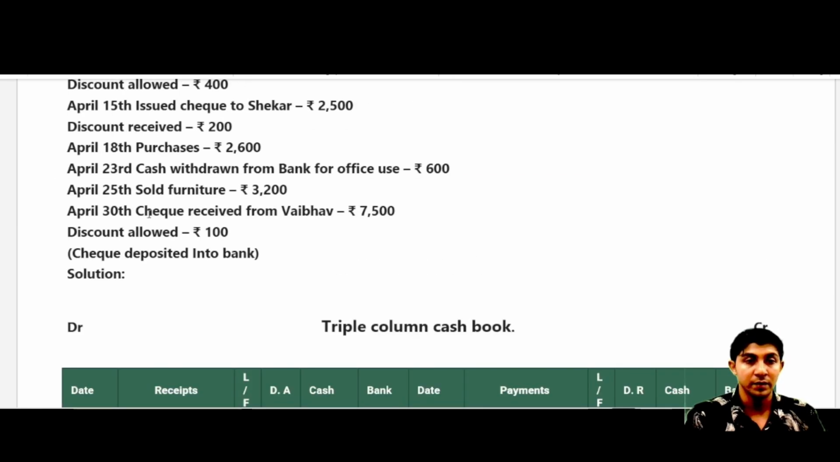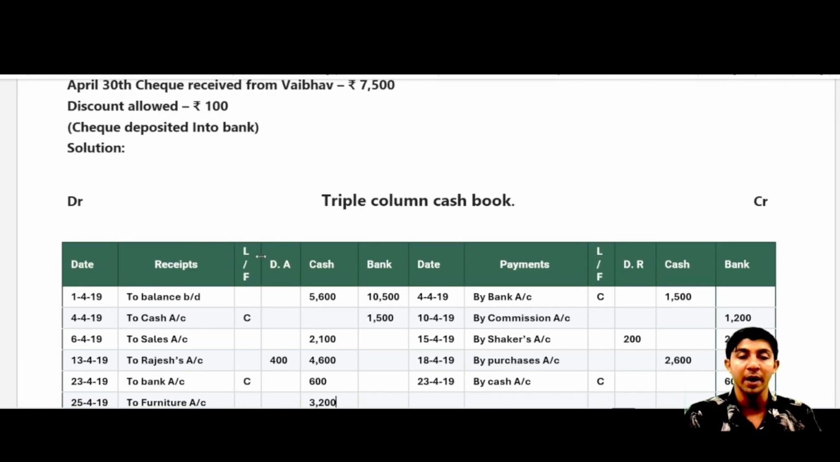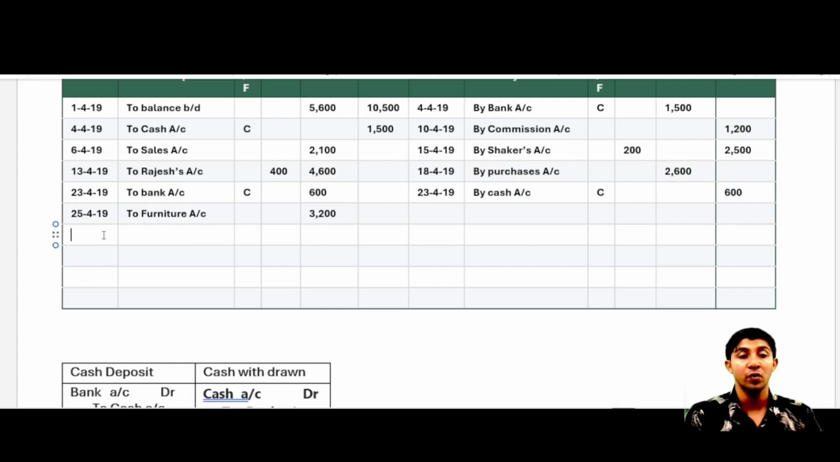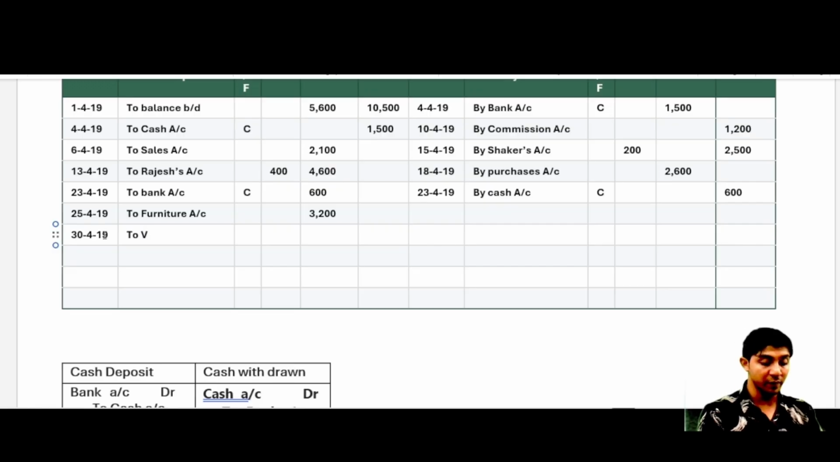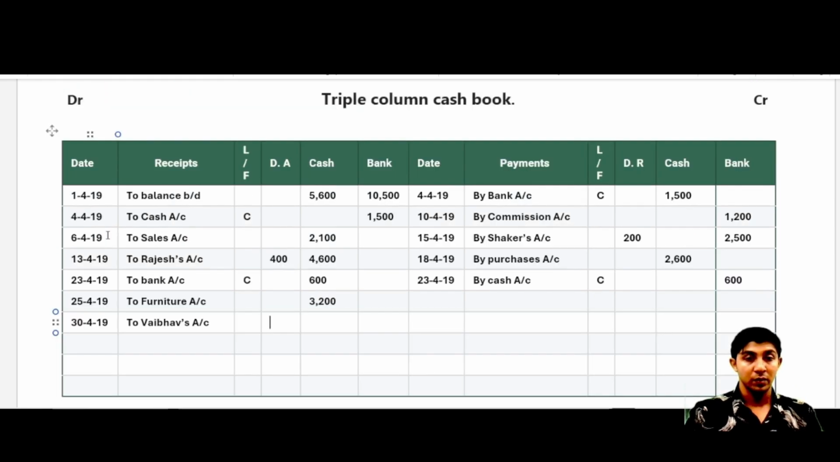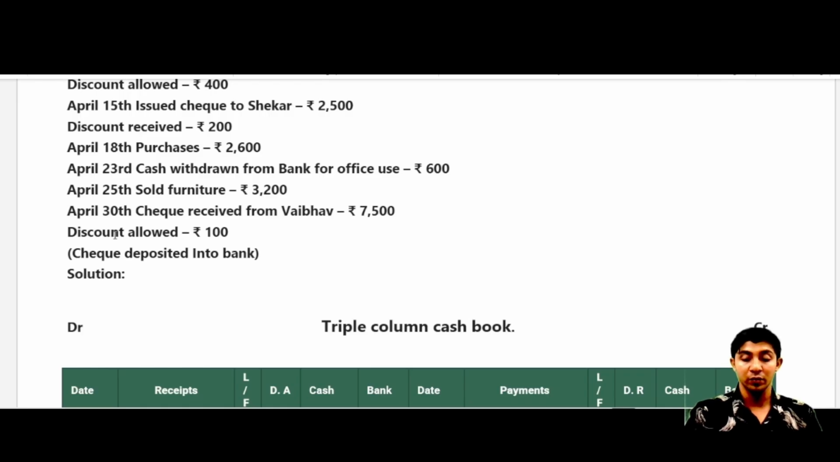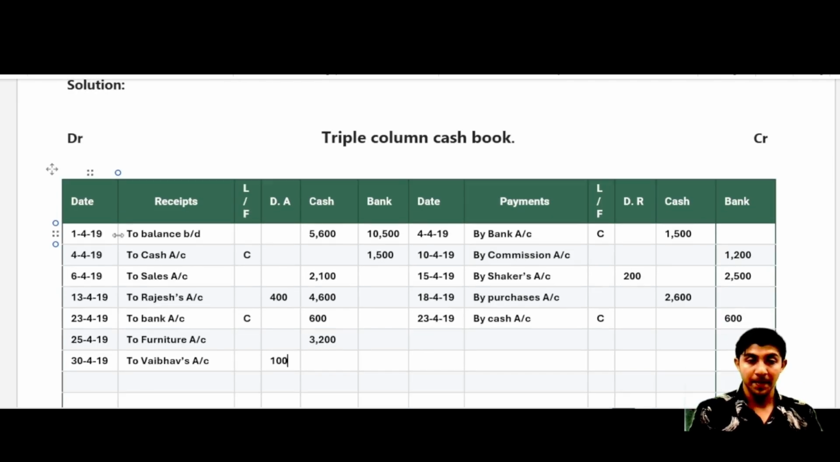Then the next transaction is on 30 April, check received from Vaibhav 7500, discount allowed 100, check deposited into bank। वैभव के पास से क्या हुआ, चेक रिसीव हुआ, कब, 30 के दिन, सो पैसे आए तो रिसिप्ट साइड लिखना है 30 अप्रैल 2019 और ये चेक दिए कौन हमारे, वैभव अकाउंट, ठीक है। What is the amount? The amount is 7500 and discount is 100 is the discount and we need to enter the amount in the बैंक कॉलम, क्योंकि चेक आया ना और हम डिपॉजिट कर डाले बैंक में, so that is 7500।